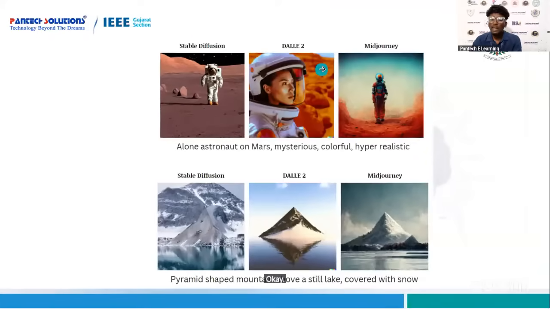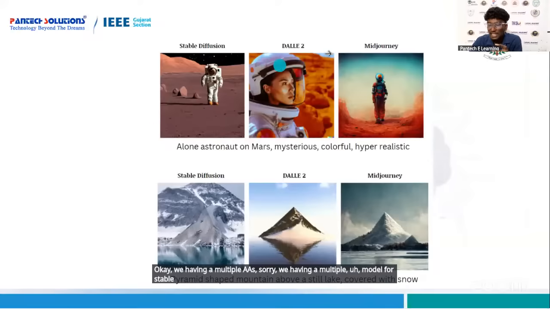We have multiple models for stable diffusion, like DALL-E, DALL-E 2, and Midjourney, which are image generation models.